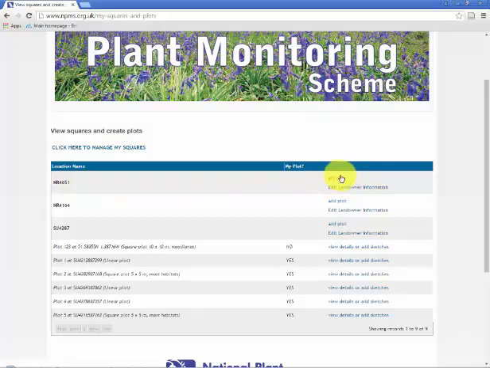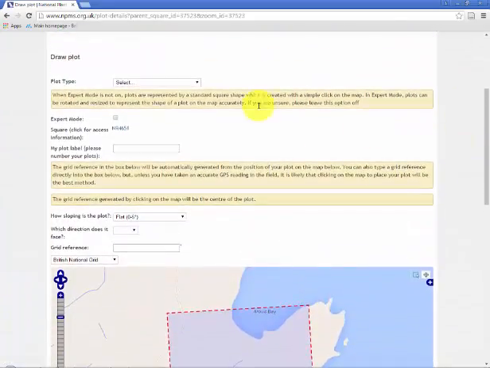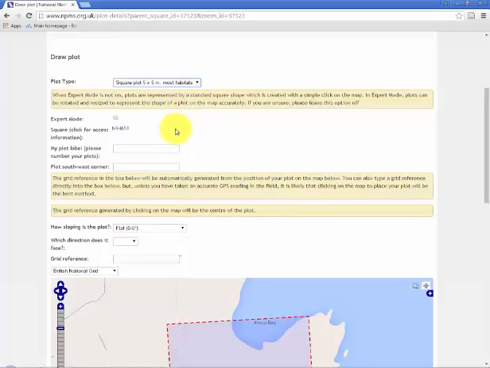So I just need to select this add plot option here as previously. So I'll just click that, and this time I'm going to select the square plot option again, but I'm going to tick the expert mode option. Now, as I mentioned previously, there aren't too many extra options enabled when you use expert mode, but there are a couple of significant things, particularly for creating linear plots, which I'll come on to in a moment. But firstly, for square plots, the differences are fairly minor. So if I select expert mode,